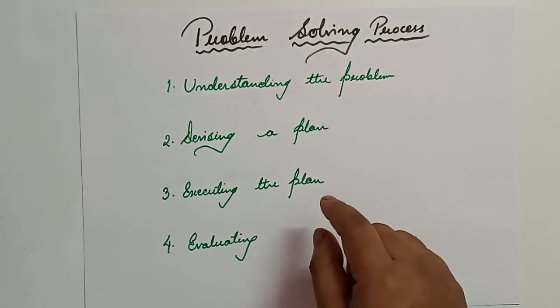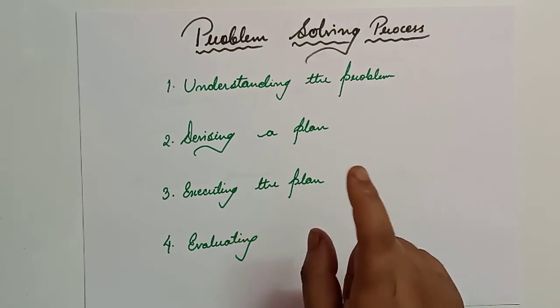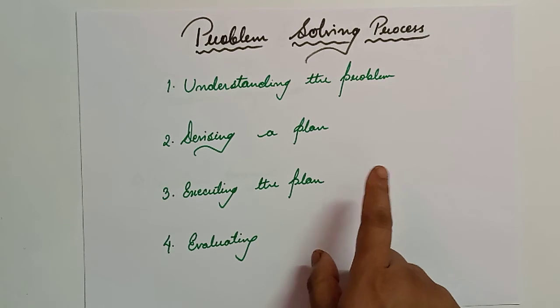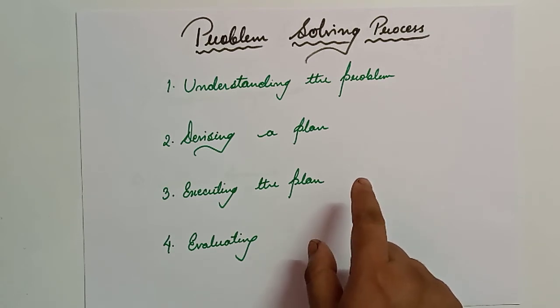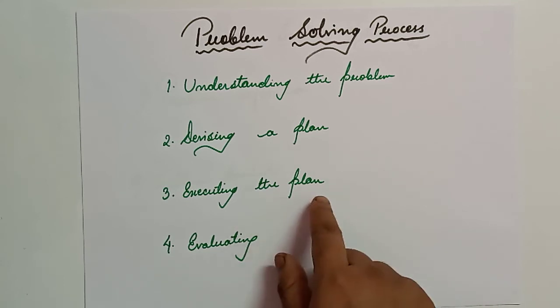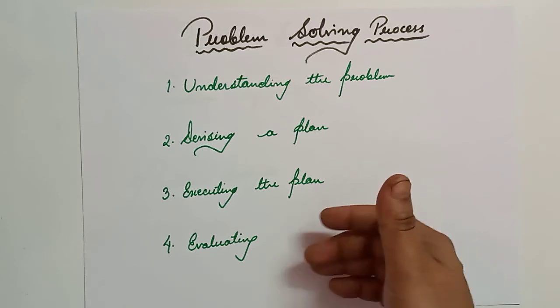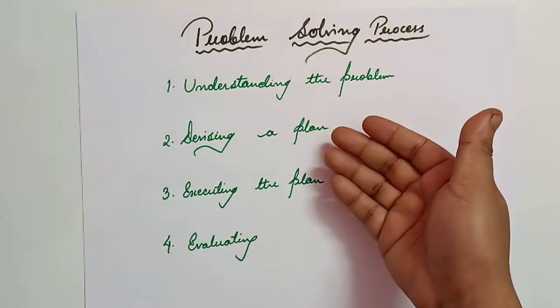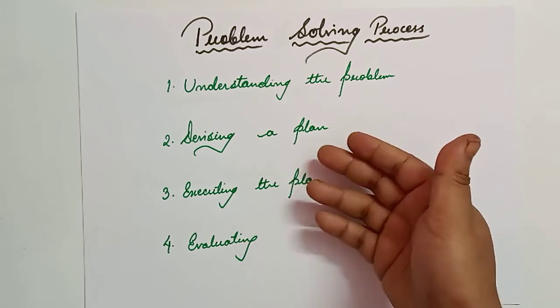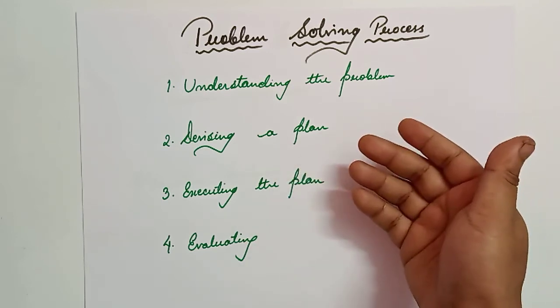The execution of the plan should follow the plan of action completely, and each element of the plan should be checked as it is applied. In the course of execution, if any part of the plan is found to be unsatisfactory, the plan should be revised. So while we are executing the plan, it may happen that what we have planned is not feasible or not correct, then again we have to revise the plan.